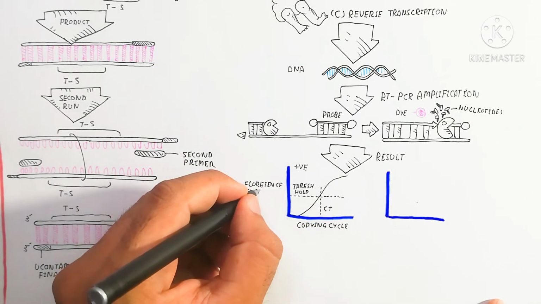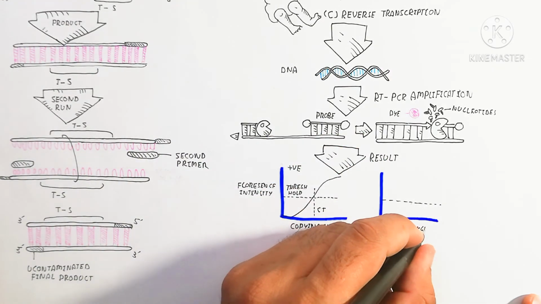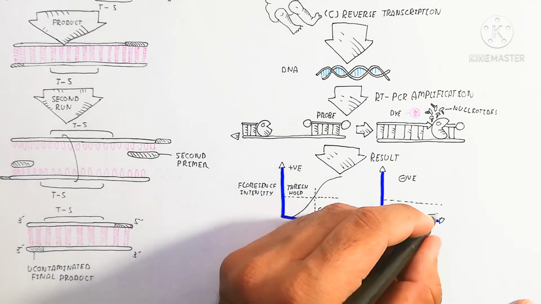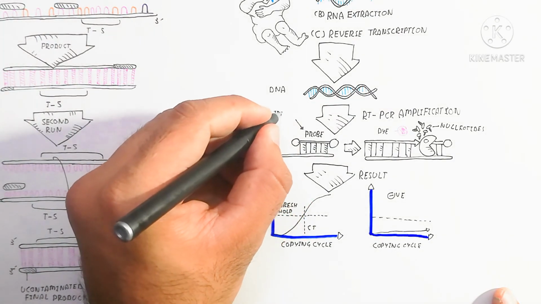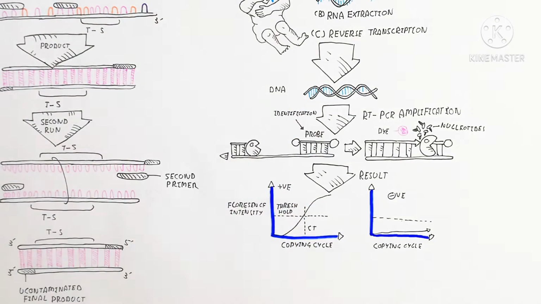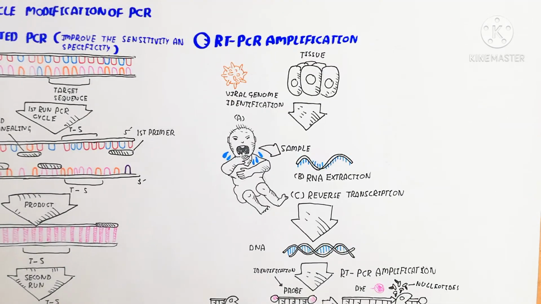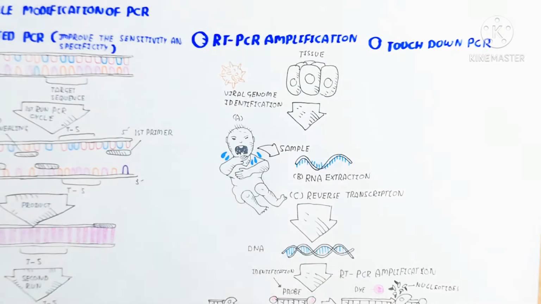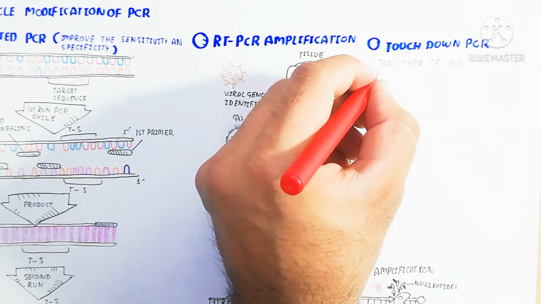So here is the graph, in which the fluorescence intensity is the vertical axis, while the horizontal axis is the copying cycle. So more copies will be produced if viral DNA is present. So the fluorescence intensity will show, and that shows the fluorescence, meaning it is positive, or else negative. So on the other hand, there is one more PCR modification, touchdown PCR,